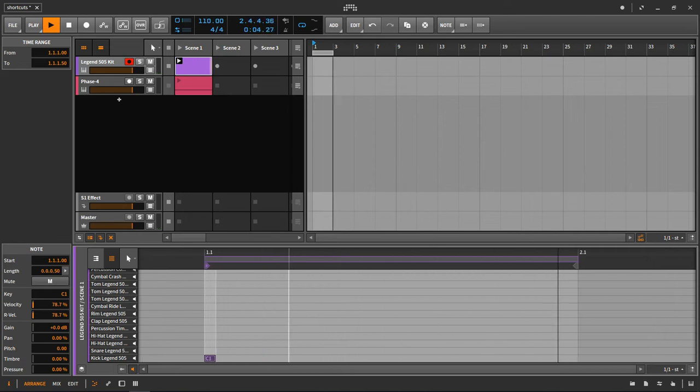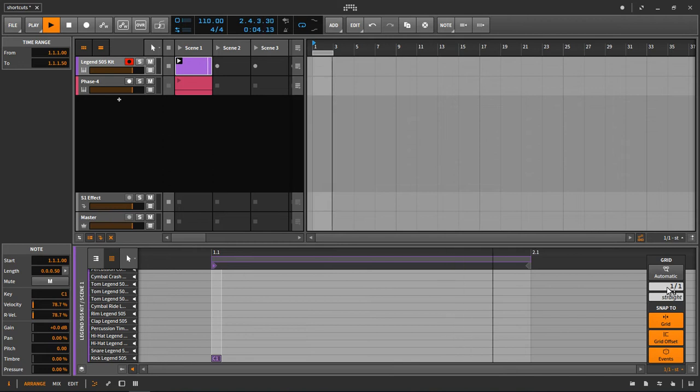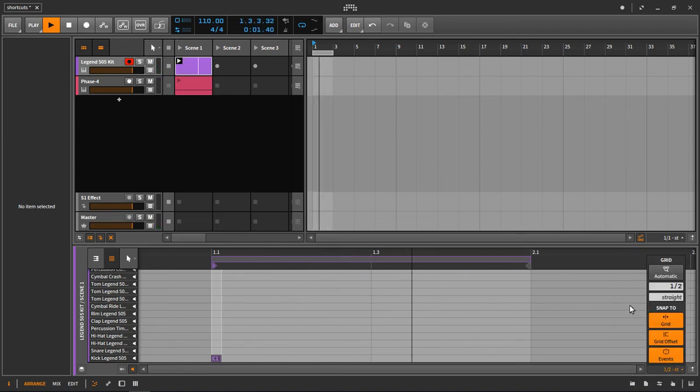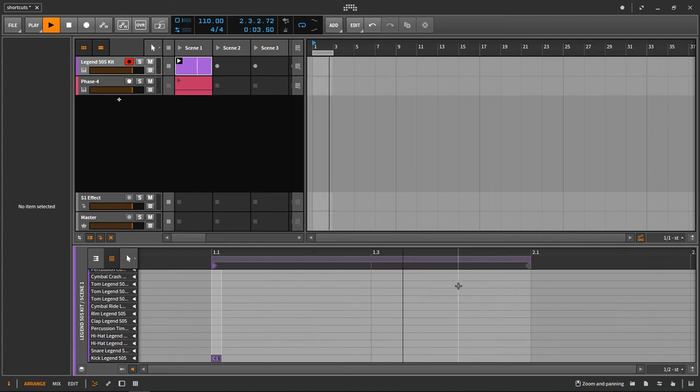But for drum rhythms, of course, this isn't useful. And normally what you would do is you would go in here, then hold the left mouse button and change the beat grid this way. But if you do this every time you need to change the grid, it gets really frustrating, especially because you have to click on this thing first, which wasn't always the case in Bitwig. I think it used to be that you could just drag it here. So with the smaller and larger beat grid keys set, we can simply hit W,